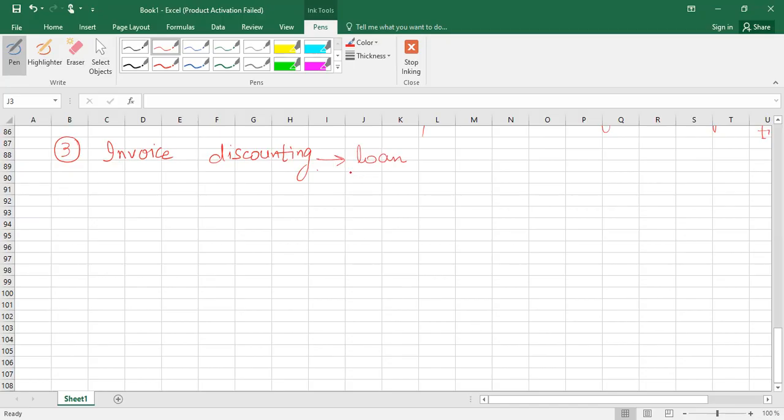Here, invoice discounting is provided by a bank or any financial services company. They are basically providing you what? They are providing you a loan or cash. Against what? Against your receivables. Usually it is used in